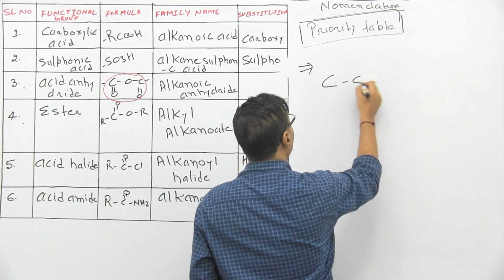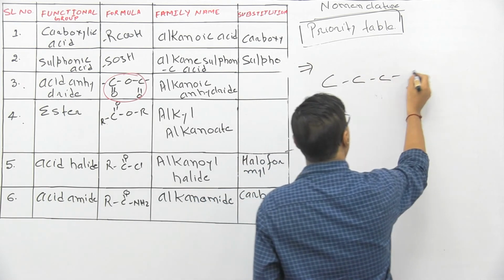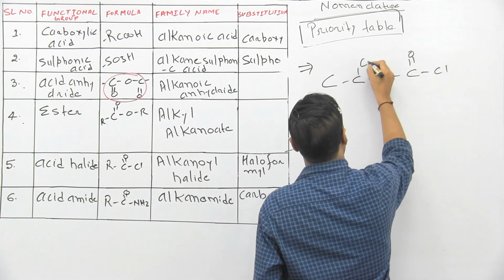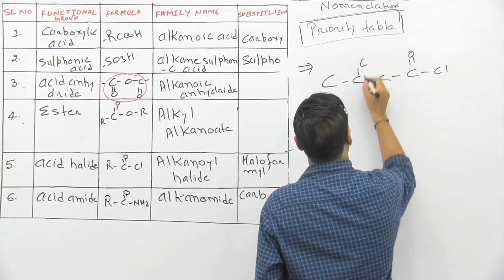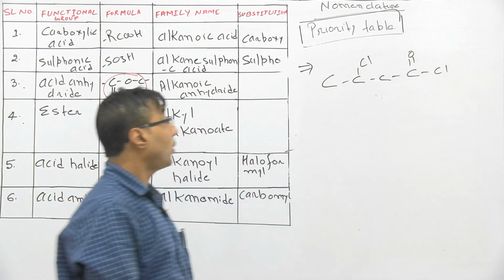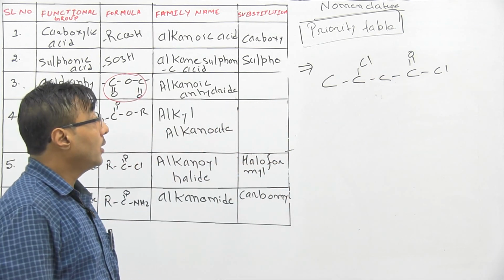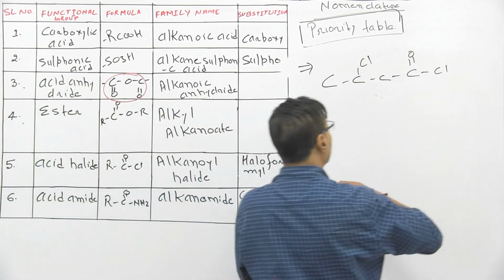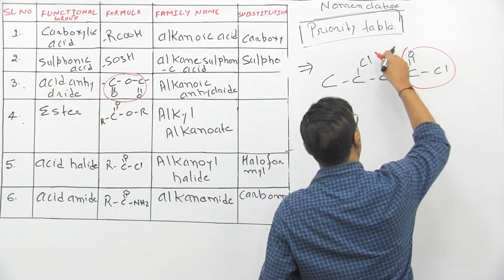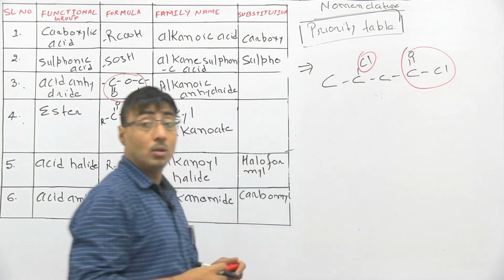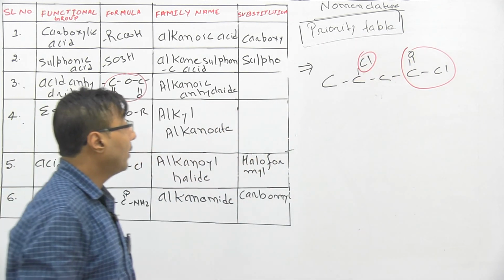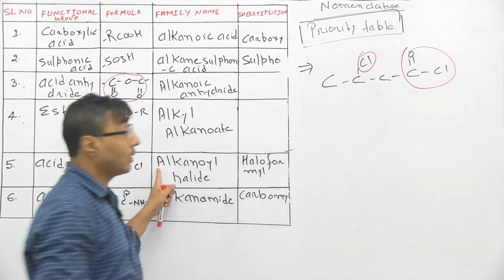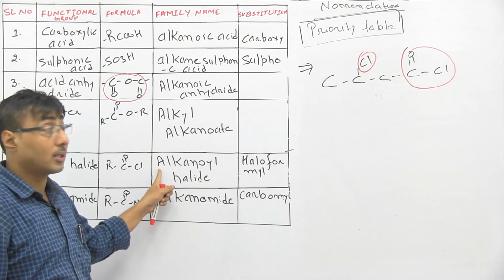One more. Suppose this compound is there. It is having chlorine at the 2 place, but this one is different. This one is an acyl halide, and this one is a normal halide. So what we are going to do? Generally in the examination they will write di. They will put the di here. And most of the time students get confused.